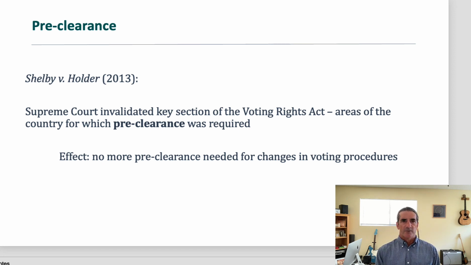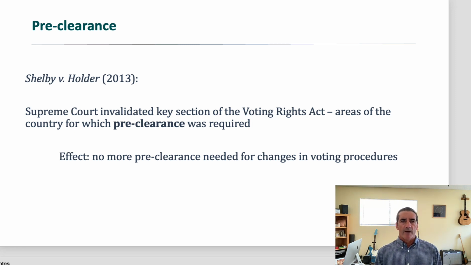Various jurisdictions in 2013 sued the then Attorney General, Eric Holder, and Shelby County, Alabama was the place where the suit was brought, so it was Shelby versus Holder, arguing that pre-clearance was no longer necessary. That in fact, that aspect of the Voting Rights Act was discriminatory. That yes, these areas had discriminated long in the past, but those were back in the days of racism and Jim Crow. That the South has come a long way and attitudes have changed, and so we no longer need to have pre-clearance. In fact, it's unfair to impose these pre-clearance requirements on some areas but not others. It's discriminatory. Well, the Supreme Court bought that.